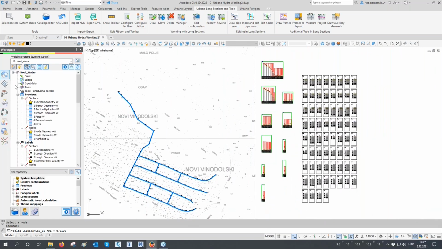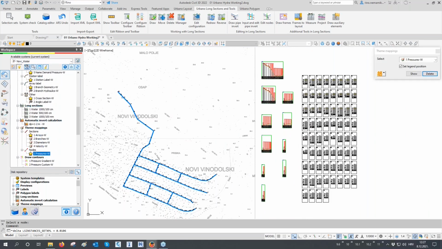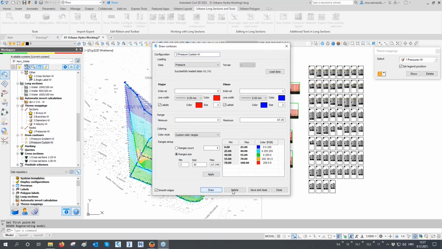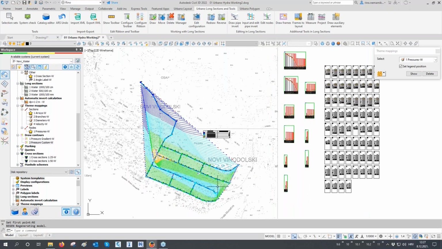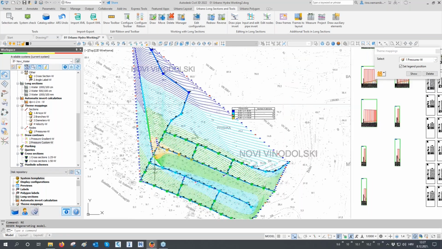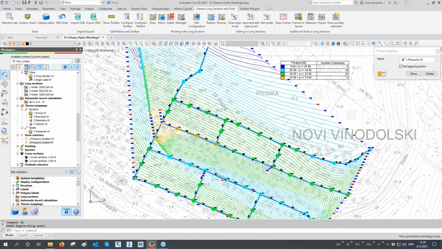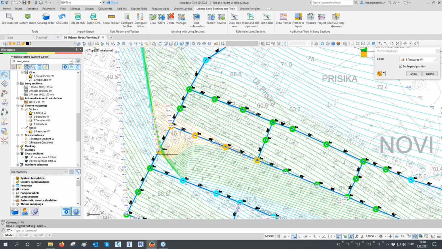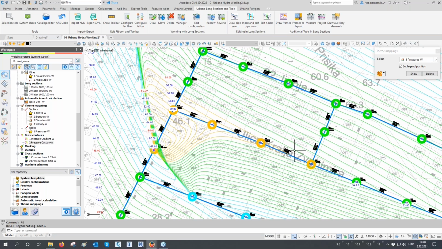We can also reapply the theme map. So to check it once more, let's go to pressures. Let's show this theme map and place it here. And let's also repeat our contours for the custom pressures. Let's draw it. And now you can see how these colors look much better. So we do not have the red values. We have only the green, cyan values, and also some of the orange values here around